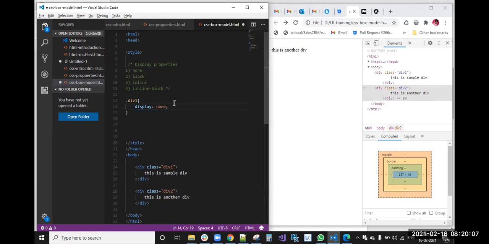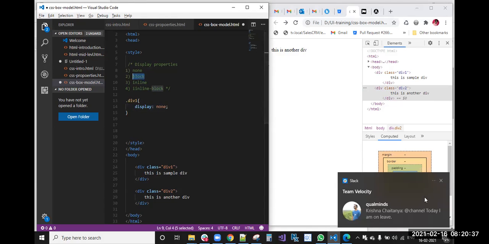Okay, next, the display block property. We already know that div, paragraph, list items, table, and the H1 to H6 tags are block level elements, and they all have the display block property by default.